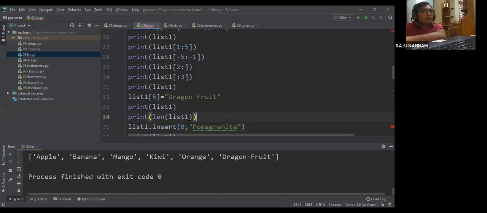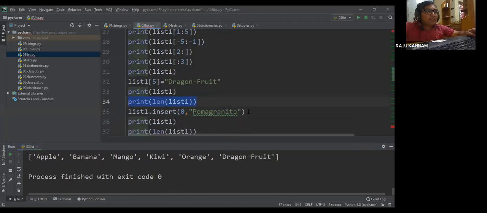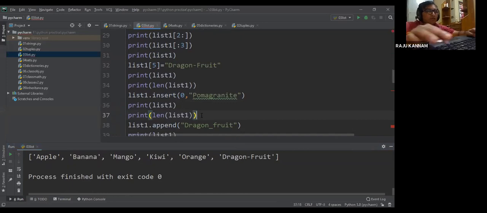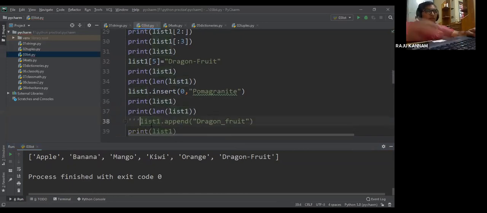Right, now here I want to insert one more element at index number 0. What is that element? Pomegranate. Before inserting this I'm checking the length. After inserting, the length should increase by 1, na? Let us see.